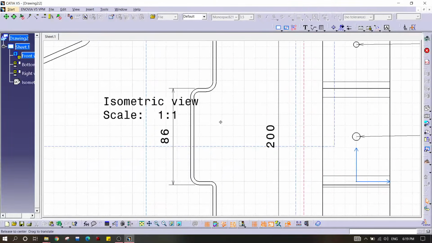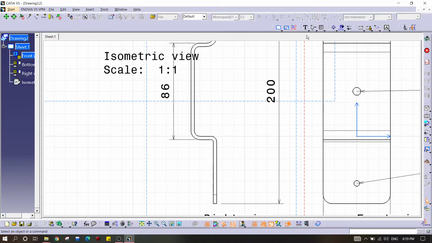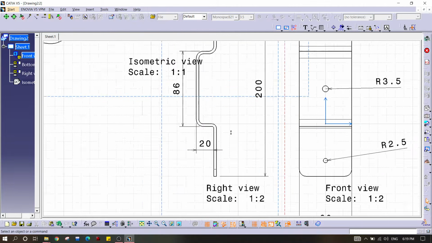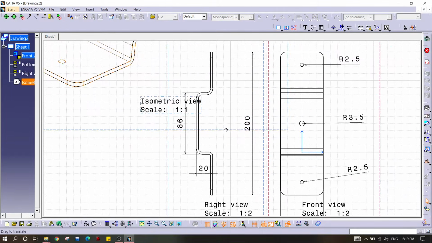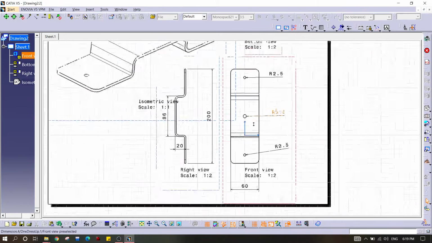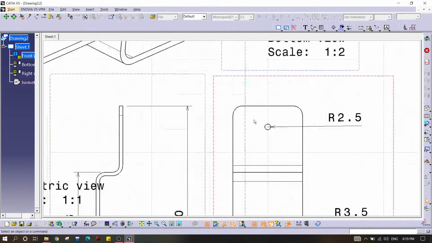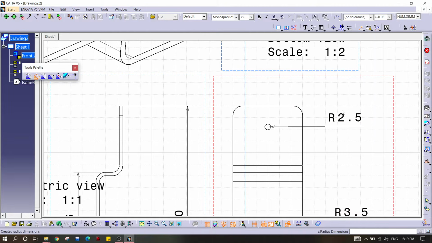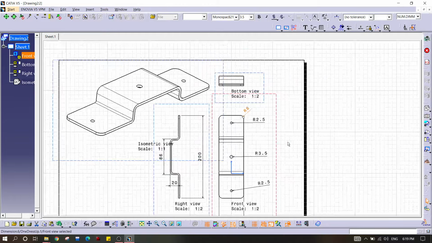Okay, and the height is 20. Okay, and the radius of this one is 8. Okay,